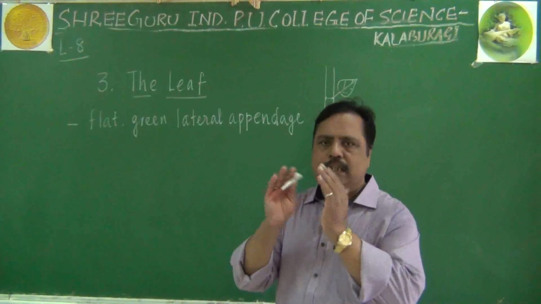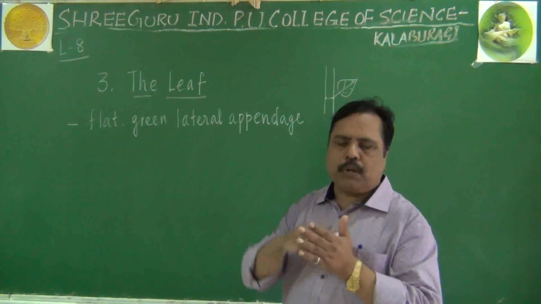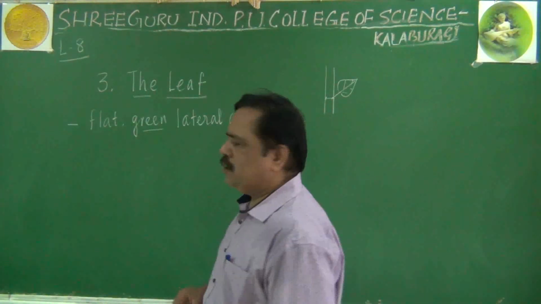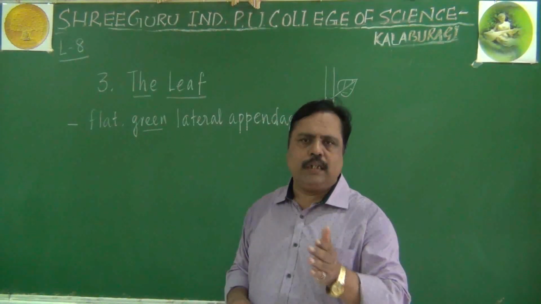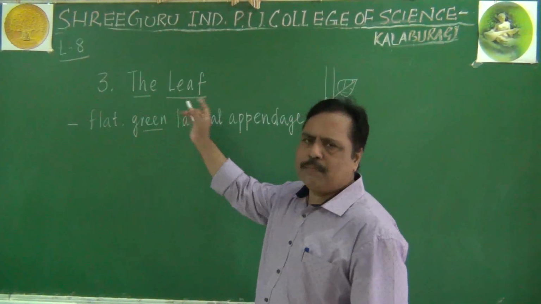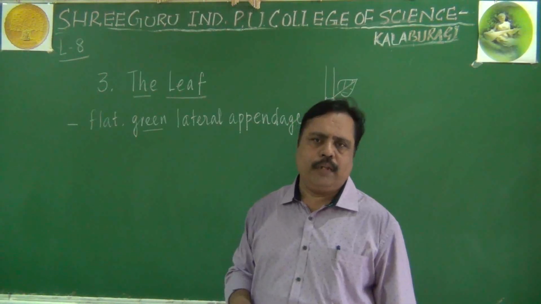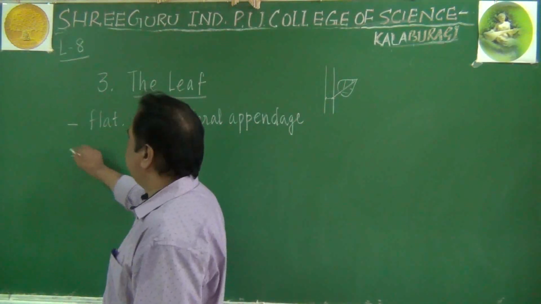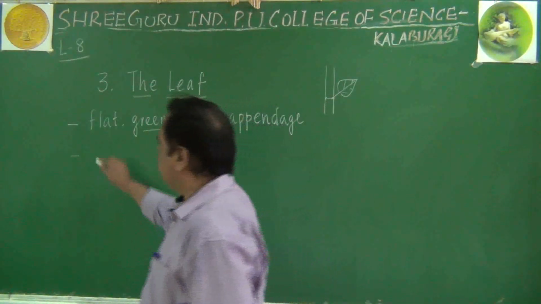They are not cylindrical like a root and stem. They will be flat, broad in nature, and they will be green in color generally. So generally flattened, green colored lateral appendages of an angiosperm or of the plant can be called a leaf. Now, the main function of the leaf is, what is the main function of leaf? They undergo